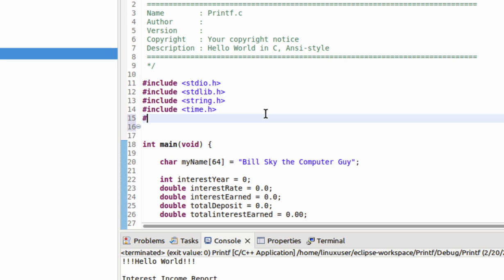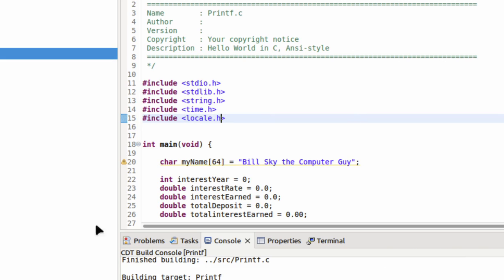So let's go ahead and pound include locale.h. And I'm going to go ahead and save and build this. Now the way we're going to do this is as compatible across operating systems as we can, because the last thing you want to do is write a program that will only run on Windows. It won't run on Linux or on Mac, or vice versa. You don't want to write something that's just on Mac and then you leave out all that possible